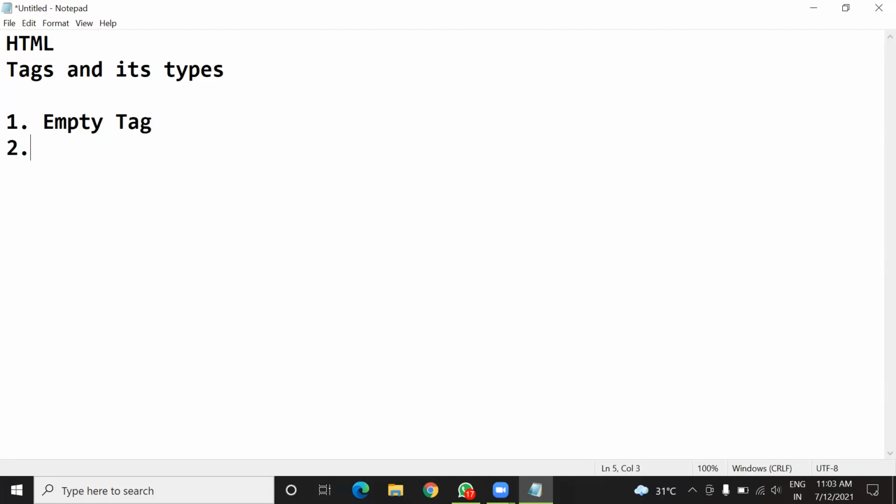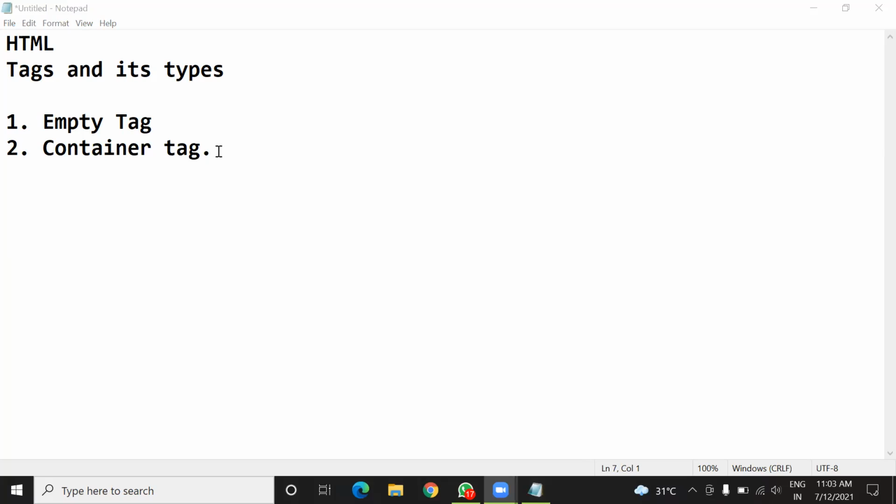Second, container tag. Okay, so in an empty tag, there is no need to close the tag, and in a container tag, there is a need to close the tag. And how can we close the tag?